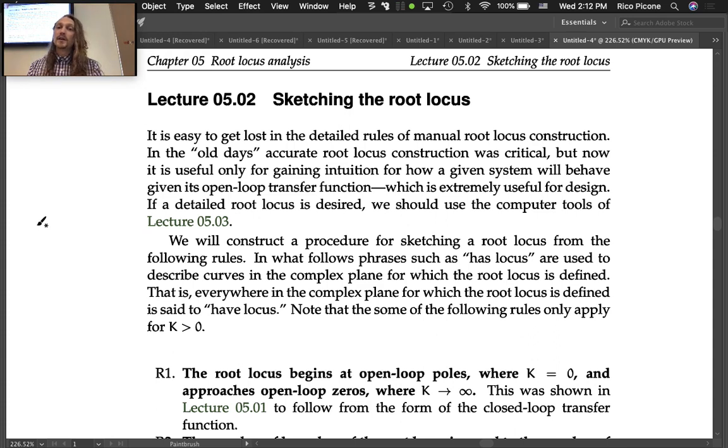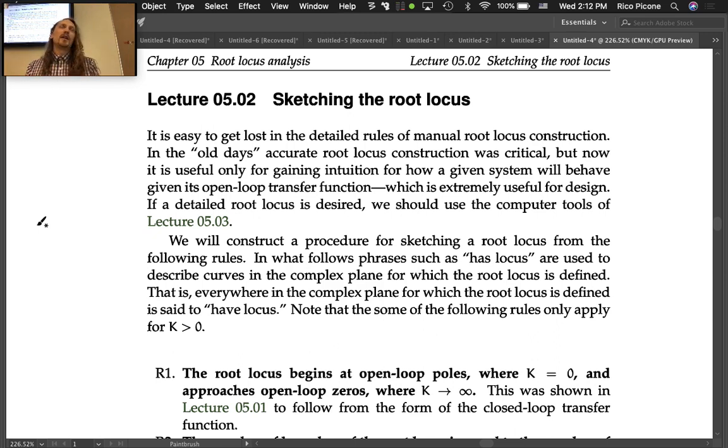If a detailed root locus is desired, we should use the computer tools from lecture 5.3. In the next lecture, I'll talk about how to use MATLAB to do this, and it's very useful. But if we don't have the intuition, it'll be hard to design with it, which is our whole goal. If you're just analyzing with it, and somebody gives you one, they're like, here,